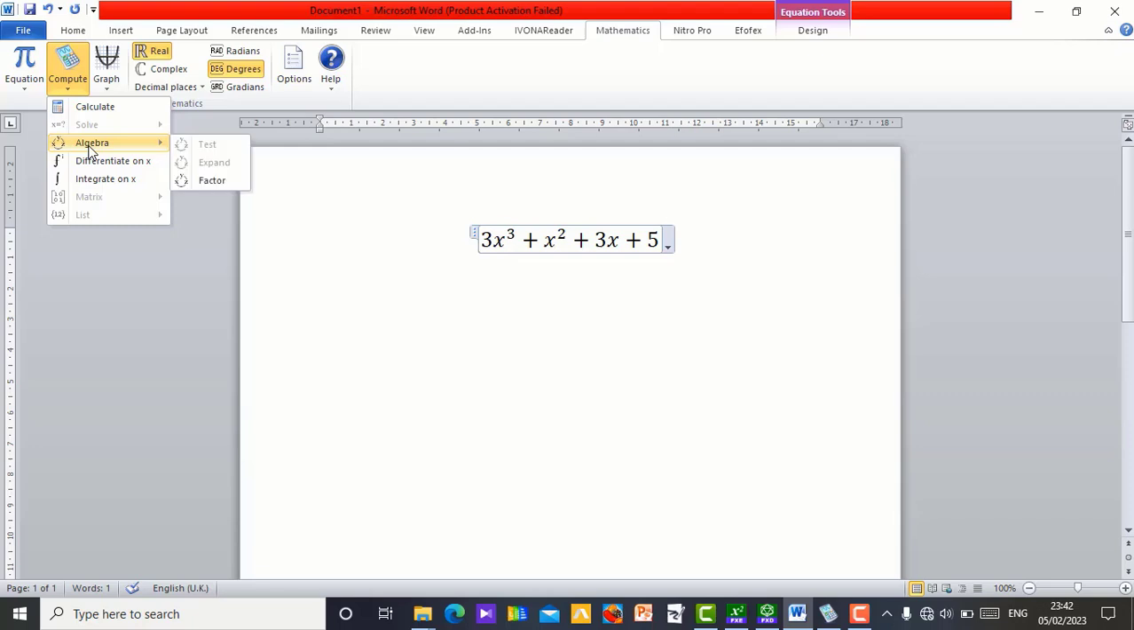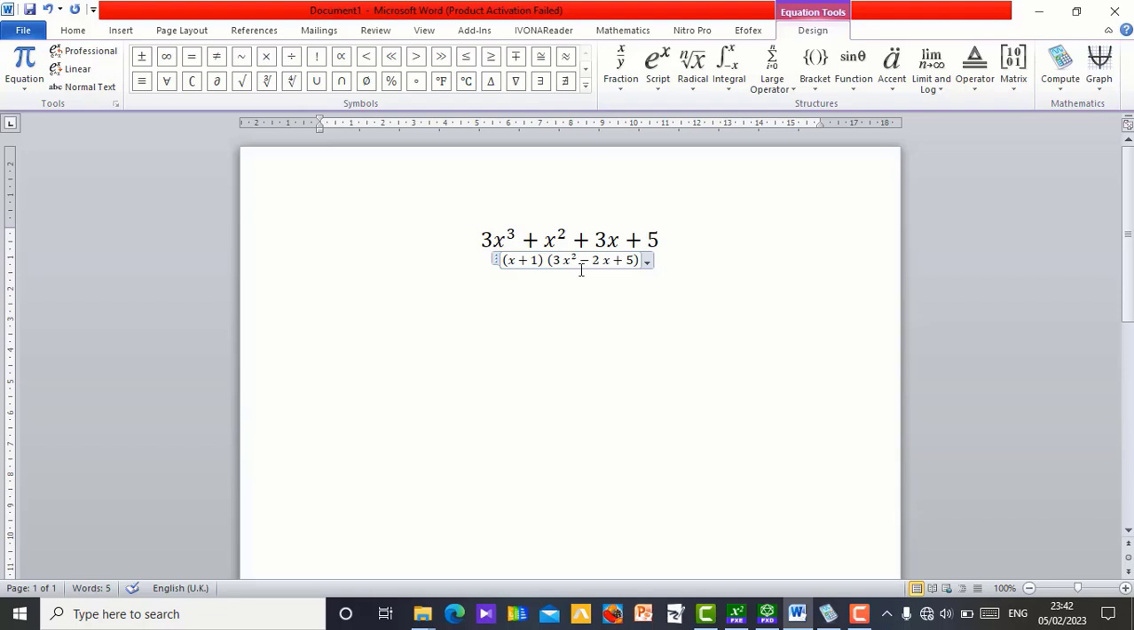See, you can factor it. So these are the two factors of this polynomial. You can also solve if you want, and just like that. So let's leave that. All right, then if you want to plot a graph, you can actually plot a graph